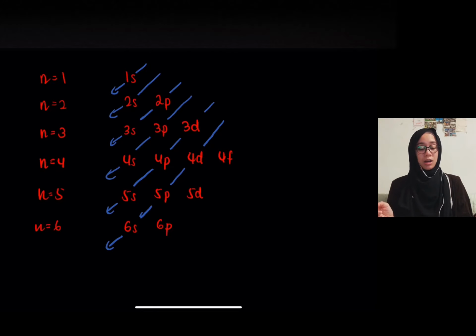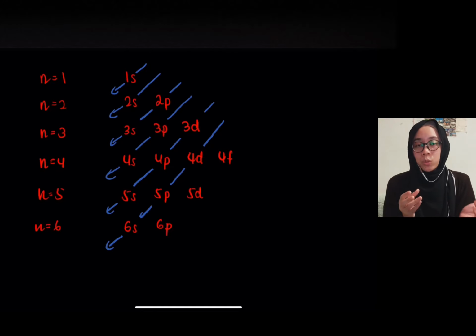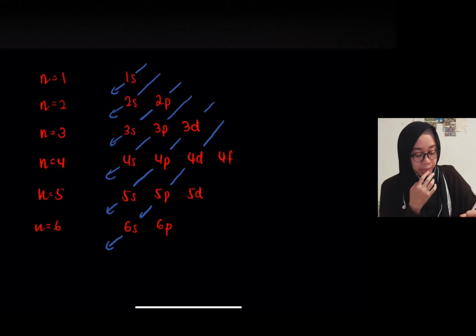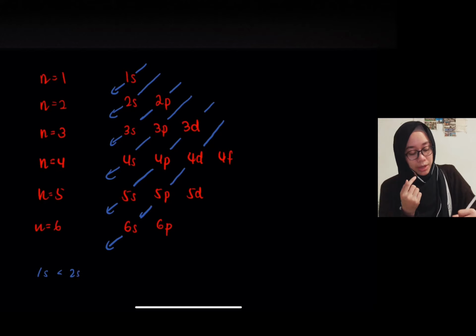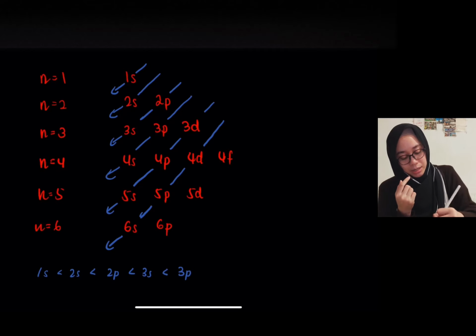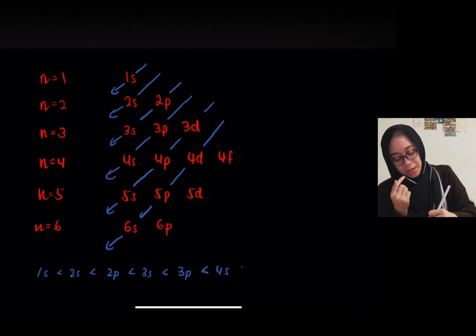Jadi this is just a way untuk kita ingat saya nak isi daripada orbital mana dahulu. Okay, so in this case kita tahu yang kita kena isi dahulu 1s. Okay, so 1s has the lowest energy, and then followed by 2s, followed by 2p, and then 3s, and then we have 3p, and then kita ada 4s. Lepas 4s kita isi pula 3d,